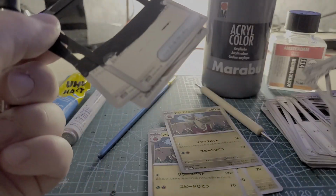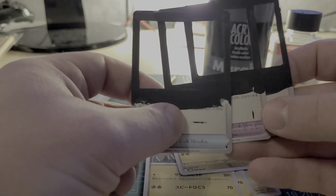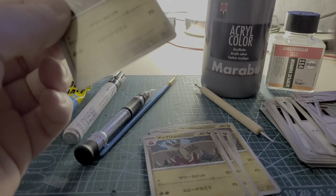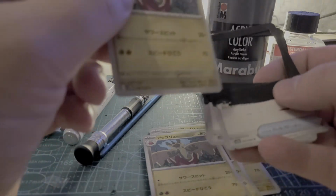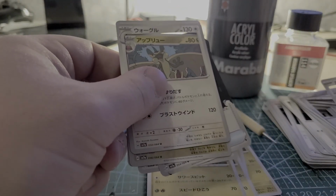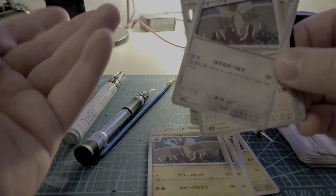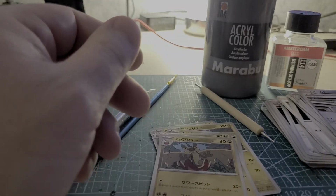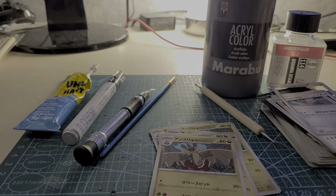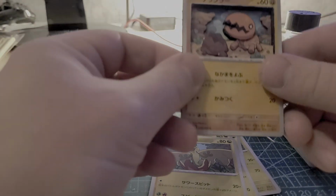And between every layer, depending on how deep you actually want the 3D effect to be in the end, you put these trash cards that you colored in black acrylic paint. So you have the background, then you put 3 of these, then you put the first Pokemon design, bam, and then you put another 2 of these, and then you put the wings, and then you put another 1 of these. Basically just how you feel like it would look the best in the end result. You have to experiment a lot with that,